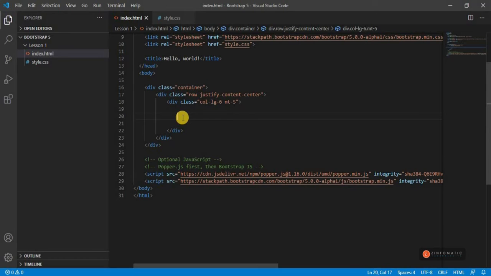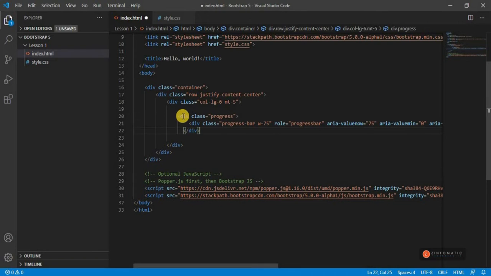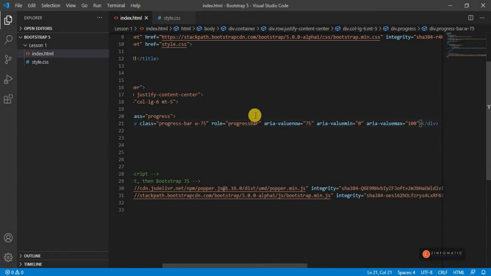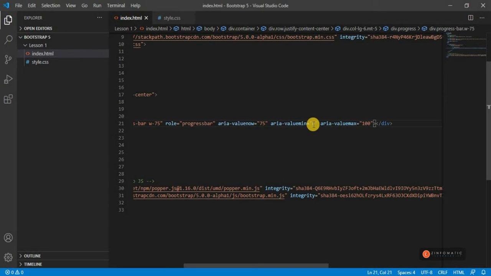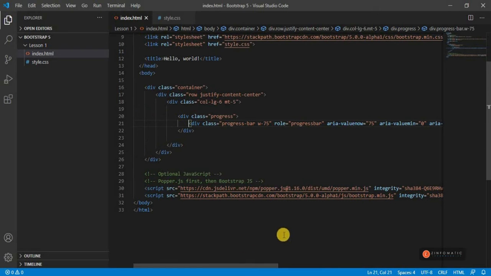In this class, I'm going to show you how you can add a progress bar to your Bootstrap 5 document. The first thing, we're going to paste the snippet over here. You can see that we have a simple div tag which has a class called progress, and inside that we have a progress bar with a specific width, and the role is set to progressbar with the aria-valuenow of 75, and then we have the aria-valuemin set to 0 and aria-valuemax set to 100. That's it. So if you just save this and get to your browser, let's hit refresh, and